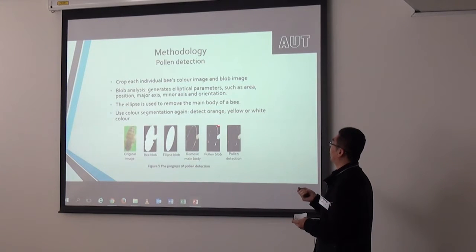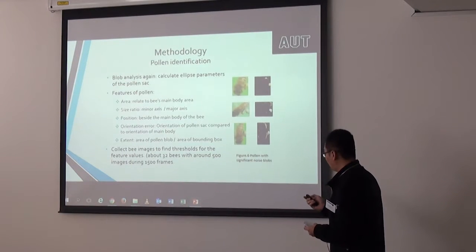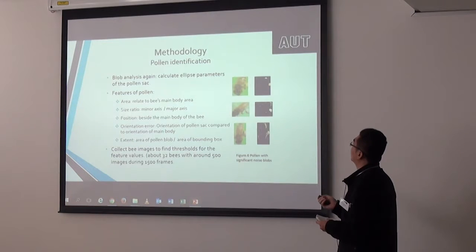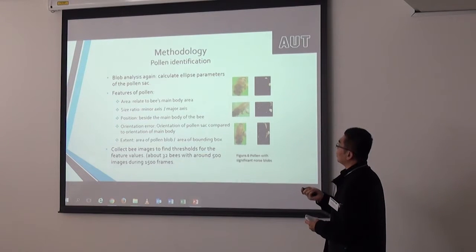So I use these three colors to keep the pollen. You see that this one filters out better, so I can see the pollen clearly. But in here, you can see that I detect pollen, but there is still other noise. For the computer, it's a little bit hard to tell which one is pollen and which one is noise sometimes. So I was thinking about how to identify which one is pollen, and then I go through